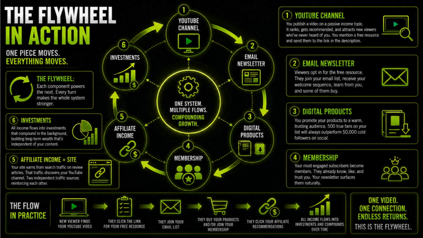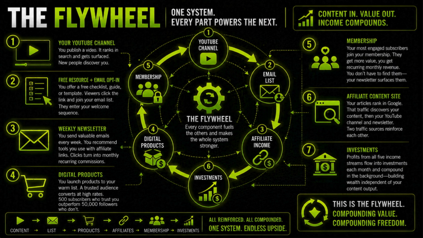2 independent traffic sources reinforcing each other. And the income generated by all 5 of these flows every month into investment accounts that compound in the background, building a financial base that's independent of content output. This is the flywheel. It starts slowly. You push it manually for the first 12 to 18 months, and then gradually, and then suddenly, it starts pushing